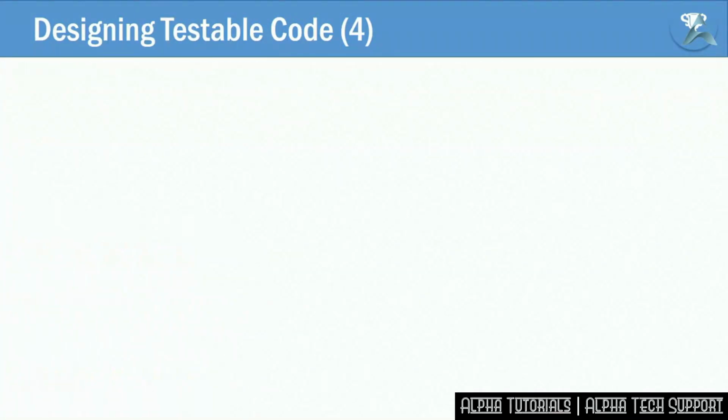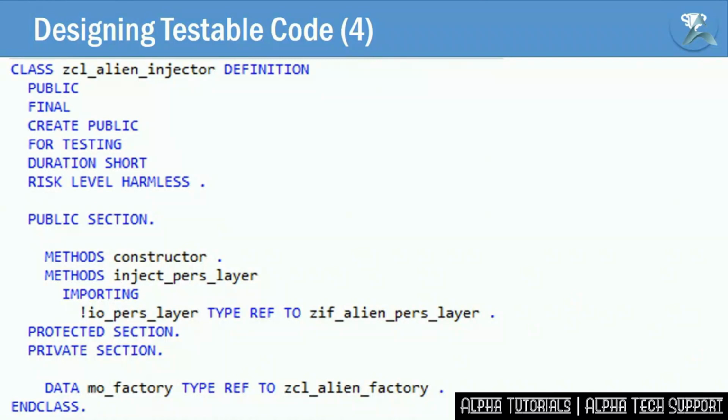This is the injector, as you can see at the start, because of all the extra words in the definition. It's a test class as defined for testing. This means it cannot compile in production. Its only use in life is during a unit test. You'll notice in these example classes that everything is defined with reference to an interface.